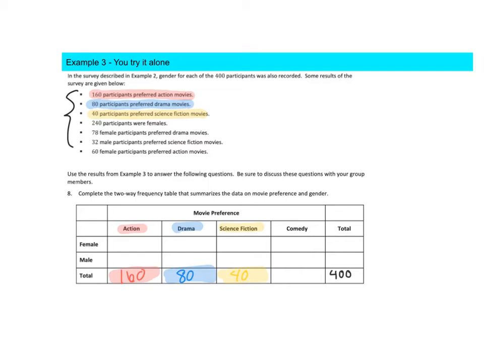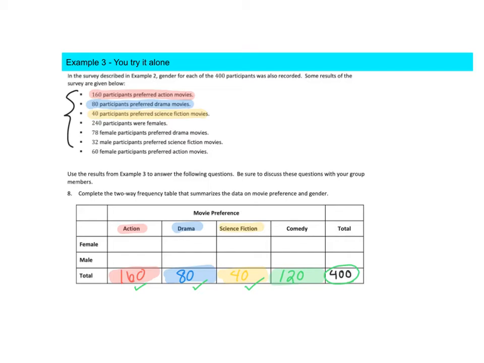It doesn't give us comedy, so how could we find this number? Well, if we know that there's a total of 400 overall, and we have 160 here, 80 of those here, 40 of those here, how can we find this answer? Well, we could just subtract. We could do 400 minus that 160, minus that 80, minus that 40. What's left over? How many participants have not been accounted for yet? Go ahead and message me in the chat what you get. All right, you should have got that there were 120 participants left over, and that means they had to enjoy